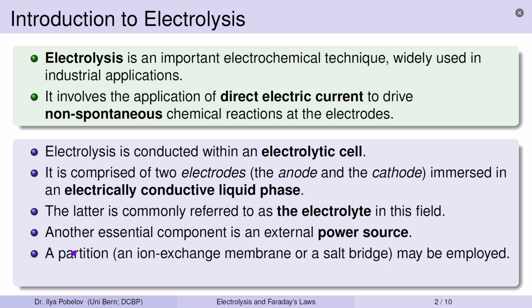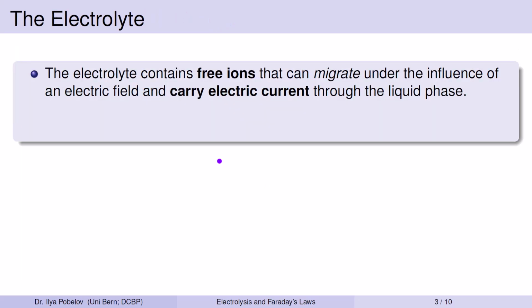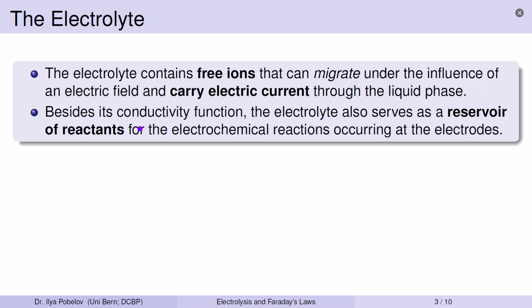In certain configurations, a partition such as an ion exchange membrane or salt bridge may be employed. The function of this partition is to prevent the mixing of products formed at each electrode. The electrolyte contains free ions that can migrate under the influence of an electric field and carry electric current through the liquid phase. Besides its conductivity function, the electrolyte also serves as a reservoir of reactants for the electrochemical reactions